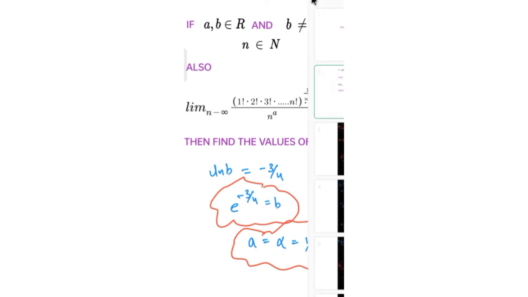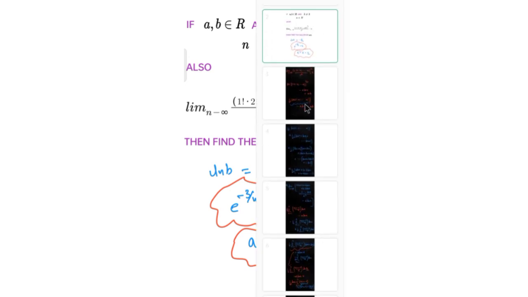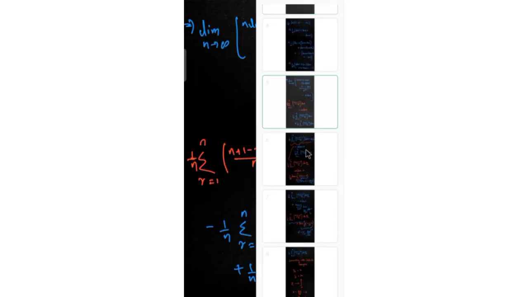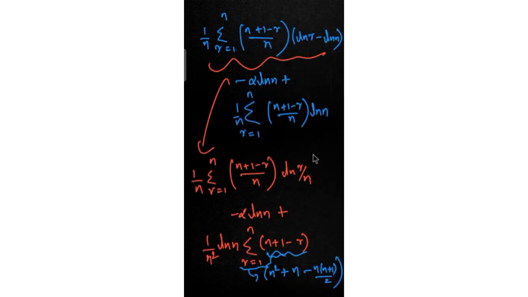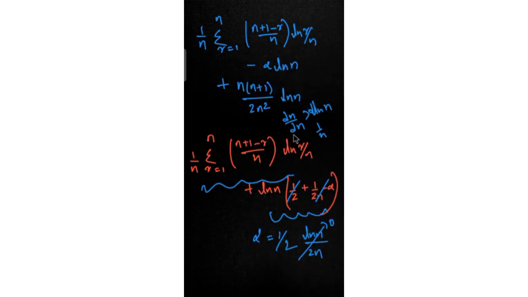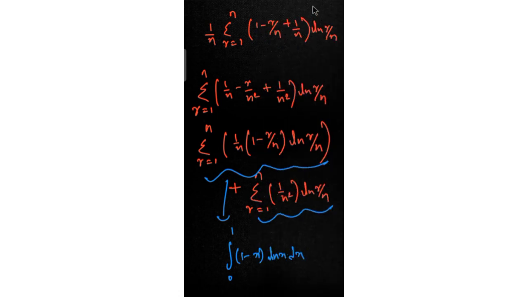So this was a bit tough, or I would say lengthy approach, but we are able to find a lot of concepts inside it. First of all, converting this into a definite integral, and then getting a logic of converting into r by n form. So there's a lot of mathematics included in it. So I hope you guys will enjoy this problem.